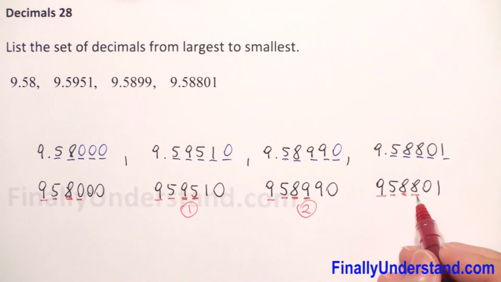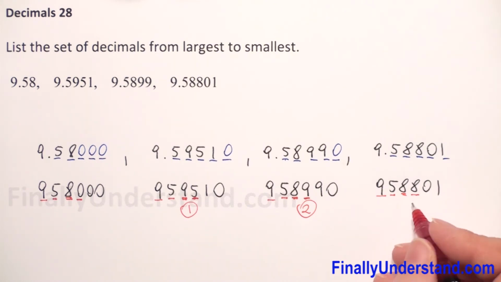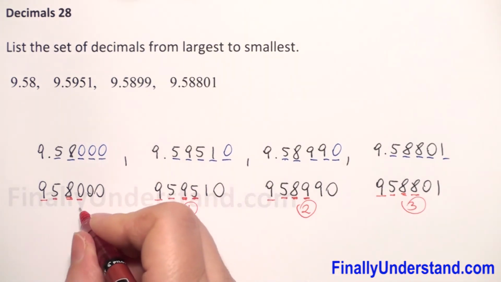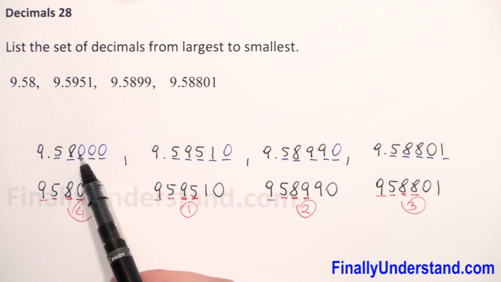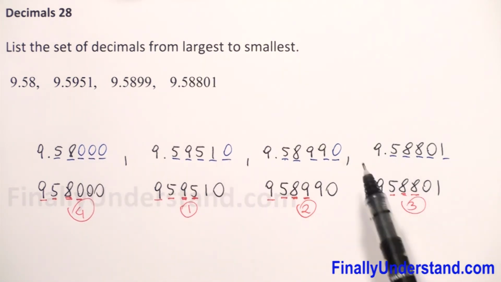Next we have 0 and 8 to compare the 4 digits. So 8 is greater than 0. So this is our third number, and the last is the first number. So now we have to write our solution. We have to use only original decimal numbers, and we will note the digits, zeros, which I add at the